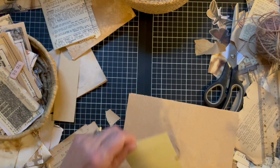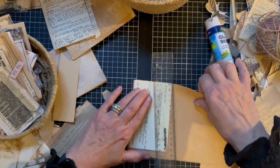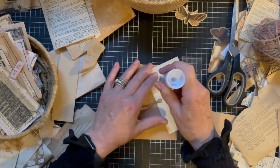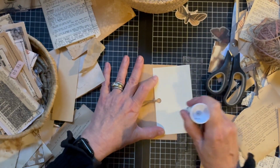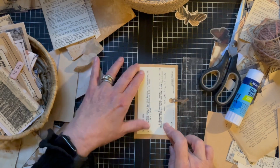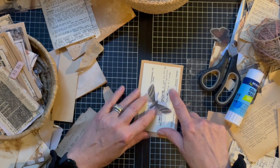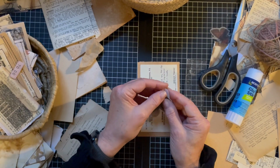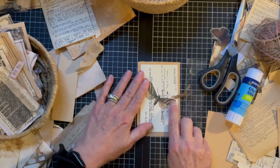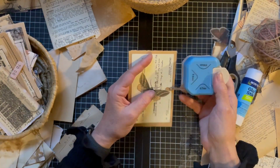Okay. I want to do that. I want to paste it on, but rather than get myself in the way with the string, card with string. Oh, the word says circulate there, so let's do, I don't know whether this is, oh yeah, it is a sticker. There we go, journaling card. And if I can reach my rounder,